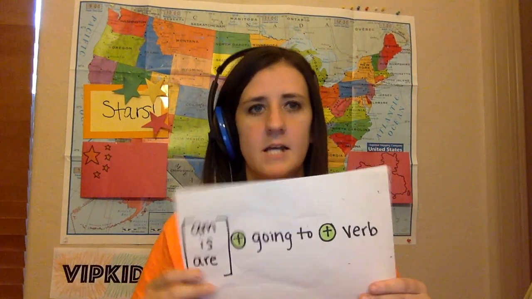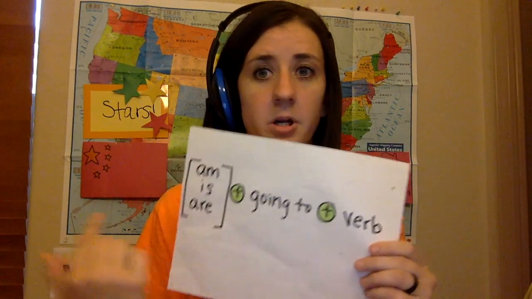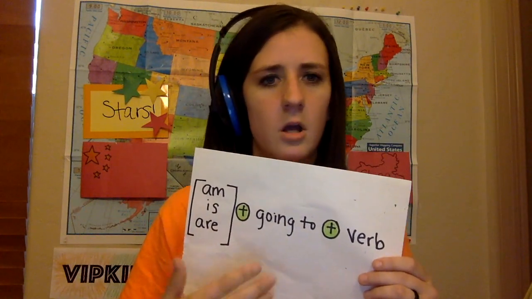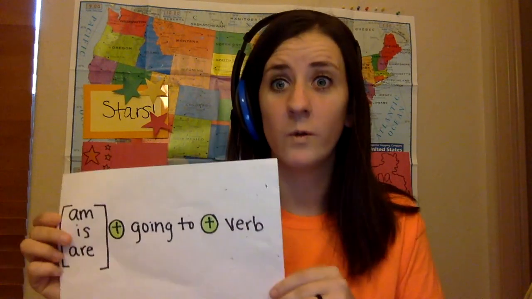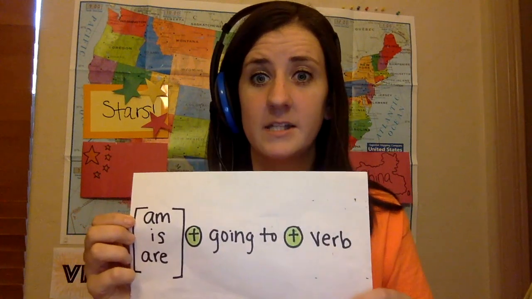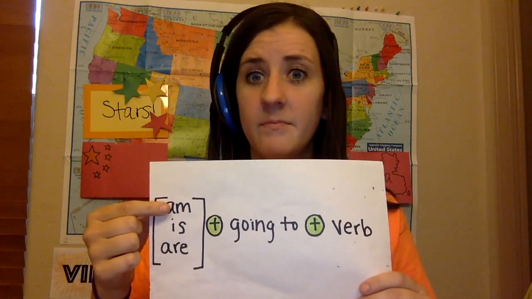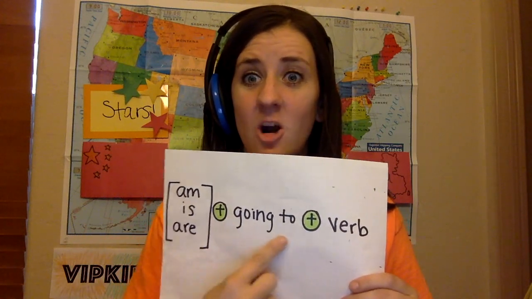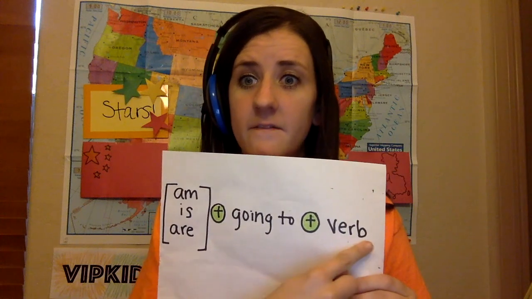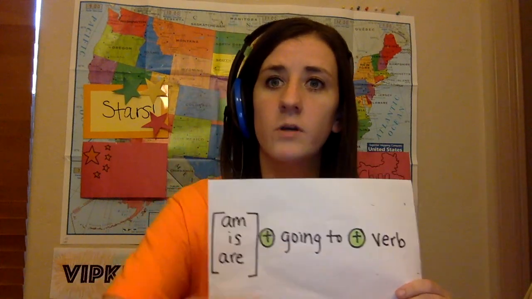Okay, so for the next slide is the grammar slide. And how I would talk about it is I would give a diagram already pre-written. You can do it on paper, you can do it on whiteboard, whatever is easier for you. And this is how I would do it. When we talk about the future tense, we use am, is, or are plus going to plus the verb. Can you read the first sentence?